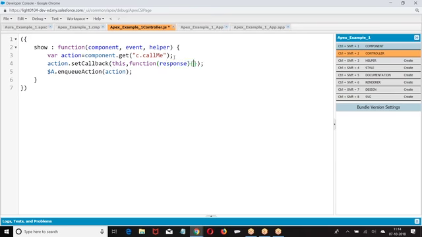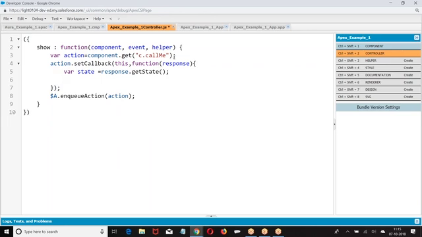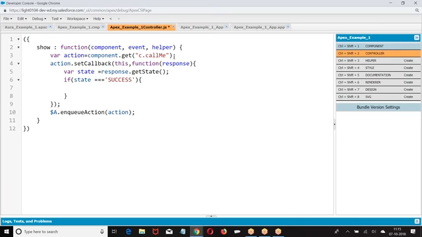Within this response, first know the state. Where state equals response.getState. If state equals success, then